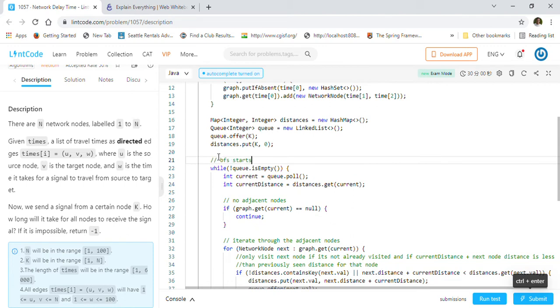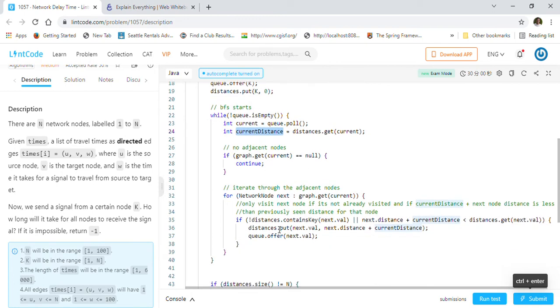In this while loop, it will take out the element from the queue, and then it will check if we have already seen that element, right? The current element. So we will get the current distance from the distances array. And if the current element has no adjacent element, we will just continue, because it does not have any adjacent element actually.